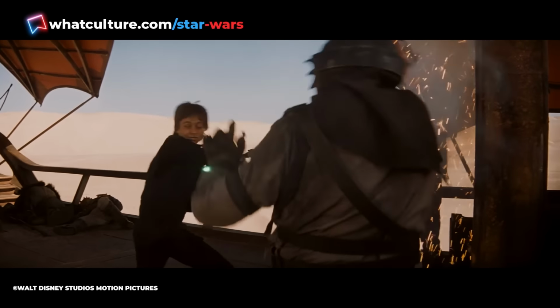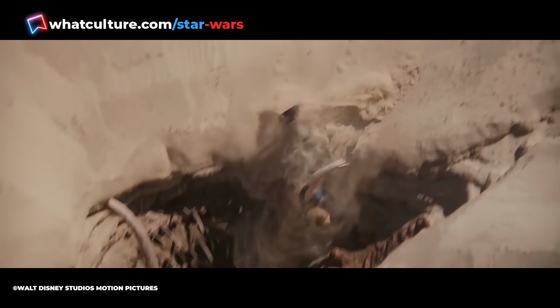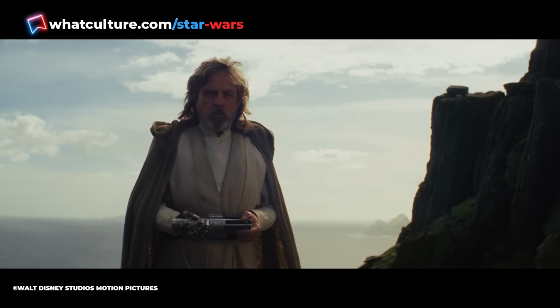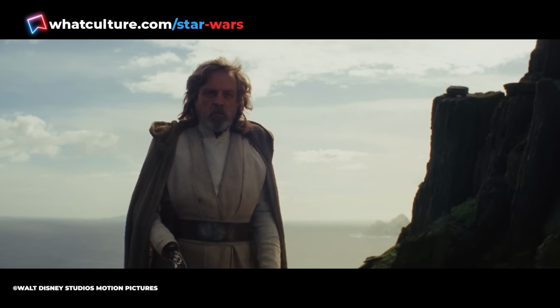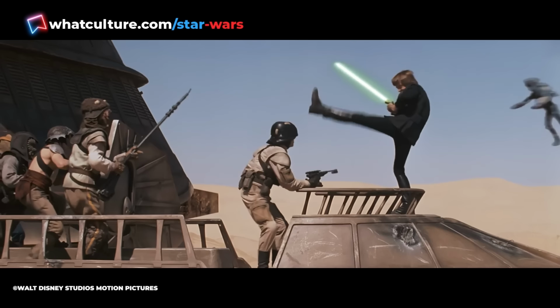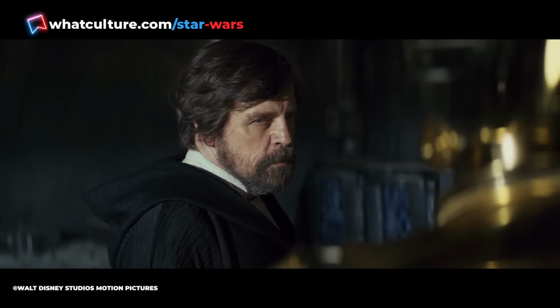As Luke Skywalker fends off various villainous souls with his new green lightsaber, the son of the Chosen One unleashes a kick so powerful, it knocks one of Jabba's pals off the sail barge without even connecting with his skull. In the years that would follow this evidently botched piece of choreography or camera positioning, fans would joke that this was simply the Jedi Knight dishing out a rather effective force kick in the moment. And even Mark Hamill himself got in on the fun,